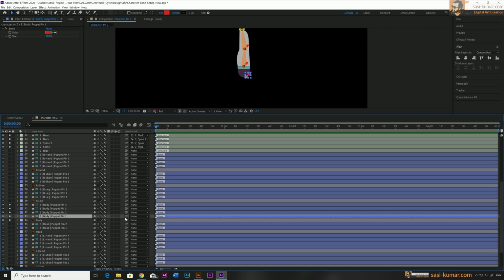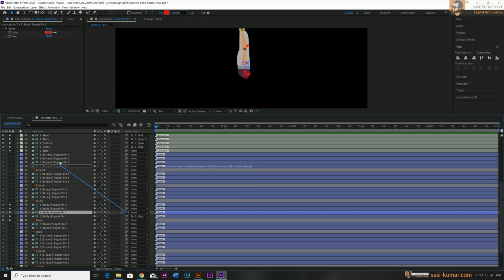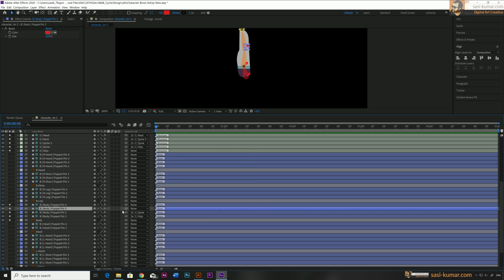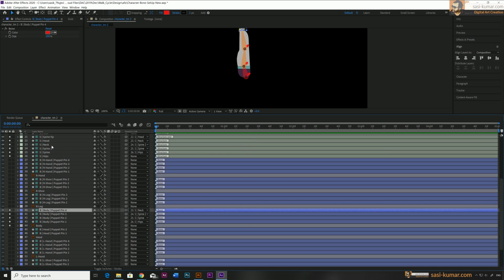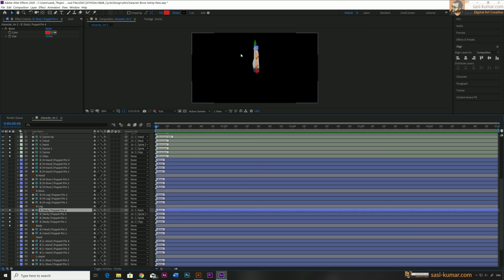For a start, we are going to connect the hip bone with puppet pin 1, and the spine will go to puppet pin 2, spine 2 will go to puppet pin 3, and puppet pin 4 will connect with the neck. Alright, okay, the body portion is done.